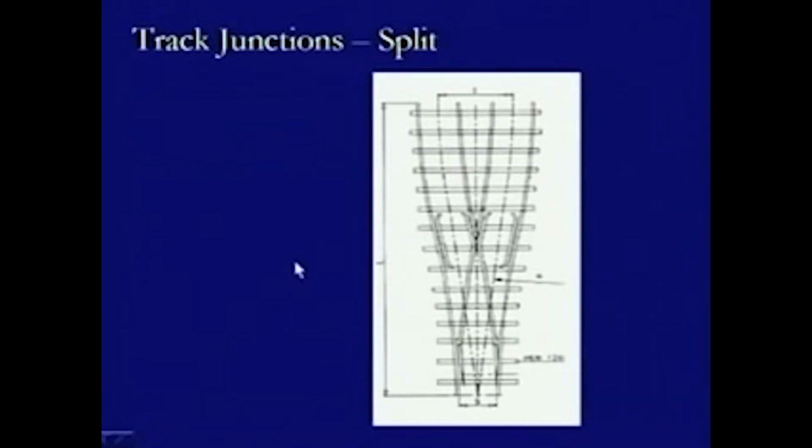This is another diagram of a similar sort of split, where the check rails, wing rails, and V's etc. are all being shown properly with the thickness diagram. That is, this is one track, the thickness of the rail has been shown, and the sleepers are also shown in this one, where the sleepers are moving like this across. As we have seen in the case of the turnout, we provide through sleepers, which is a better option